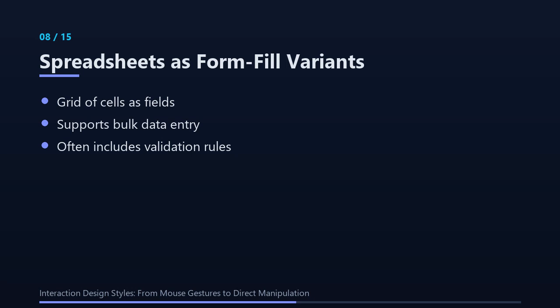Spreadsheets extend the form fill concept by arranging fields in a two-dimensional grid, allowing users to enter large amounts of data quickly. Each cell can be thought of as an individual input field, and rows often represent records while columns represent attributes. Because spreadsheets support copy and paste, formulas, and data validation, they are ideal for tasks like bulk order entry or financial reporting. The visual similarity to a table makes it easy for users to scan for missing values